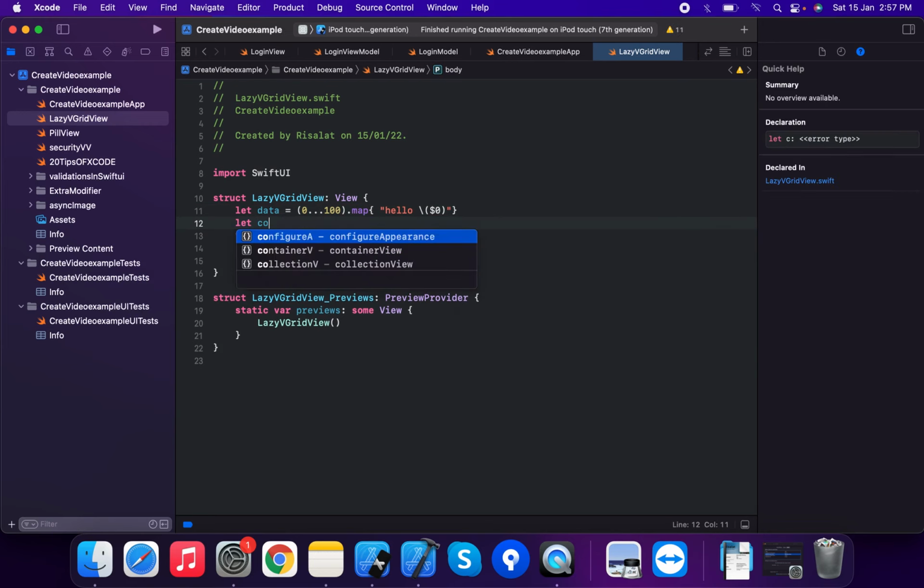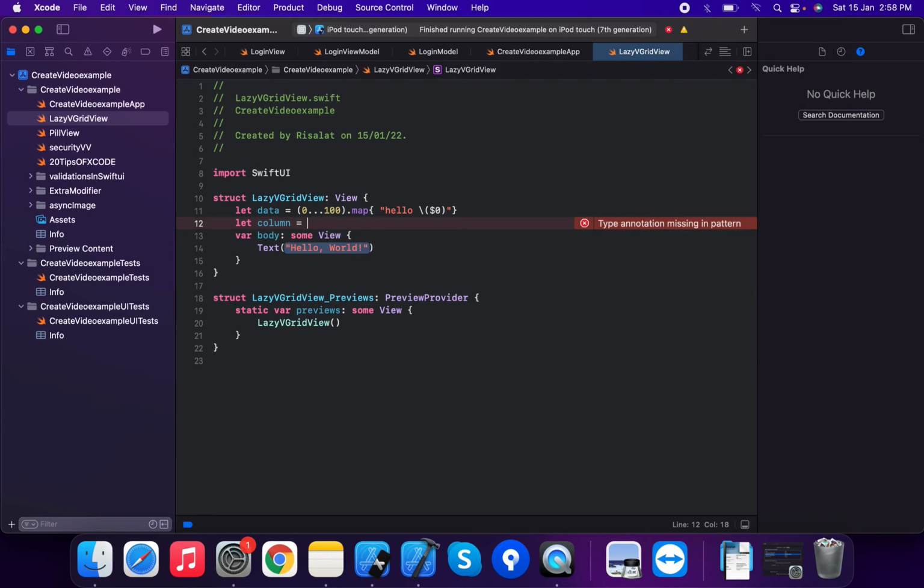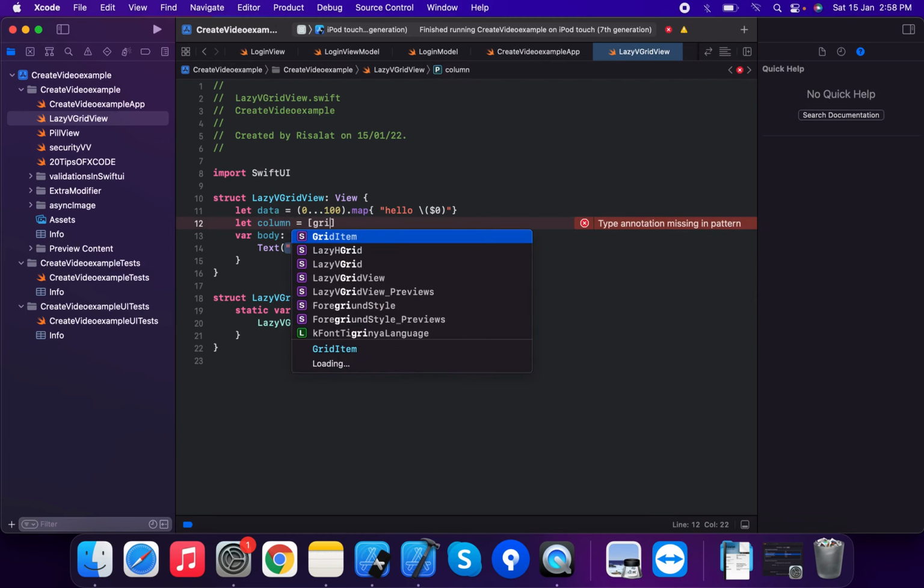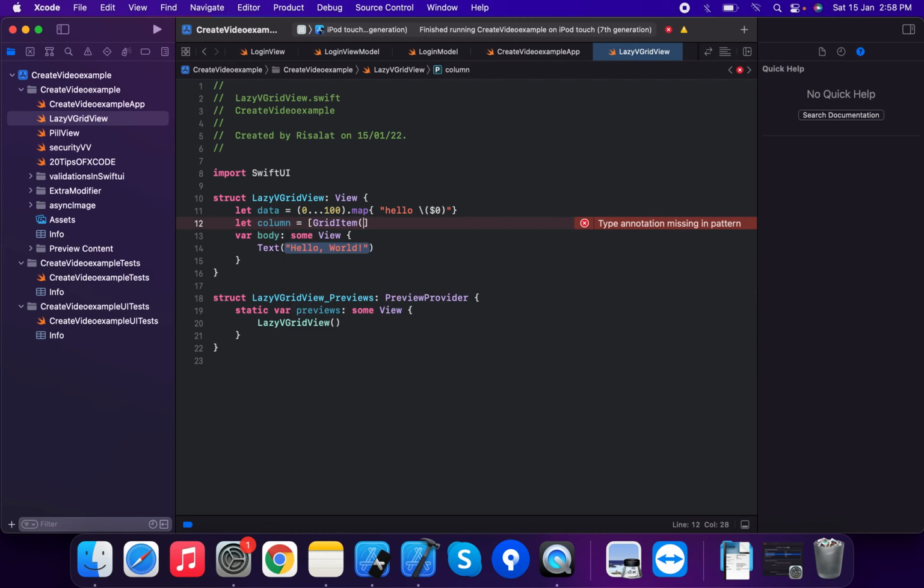Let column equal GridItem, and we're going to use .adaptive with a minimum of 50. Suppose we have a minimum of 50; we remove the maximum and assign 50.